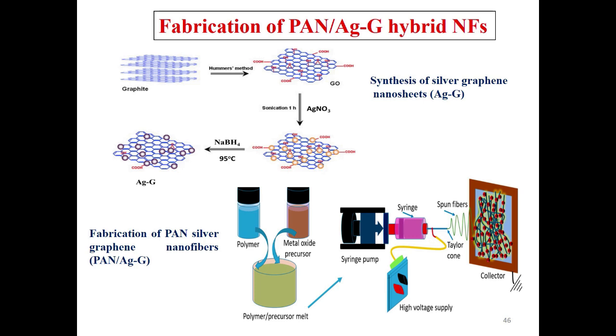Next is the fabrication of PAN AGG hybrid nanofiber. Here graphite is taken and the Hummers method is applied for the synthesis of graphene oxide. In situ synthesis is done for the synthesis of silver nanoparticles. Sonication is done, and because of that process, silver nanoparticles get doped over the surface of the graphene sheet, and that is called silver grafted